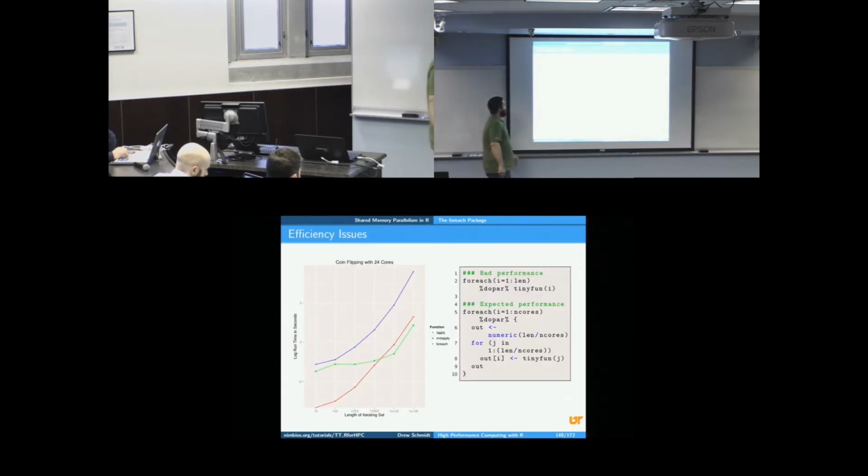What is it? So this is log runtime in seconds. I want to reiterate, this is log runtime. And this is the length of an iterating set from 10 to 1 times 10 to the 6th. The red line here is lapply, and what are we doing? Something really trivial, coin flipping. Then here, this is mclapply on